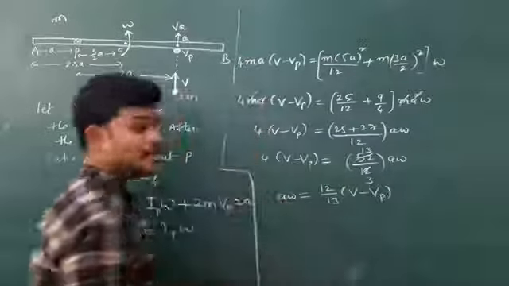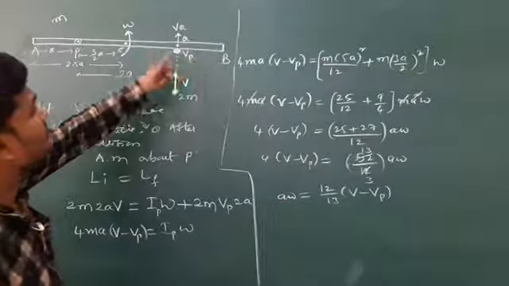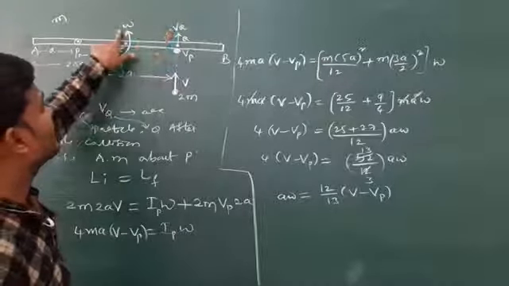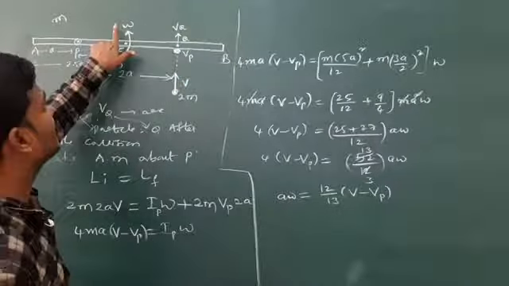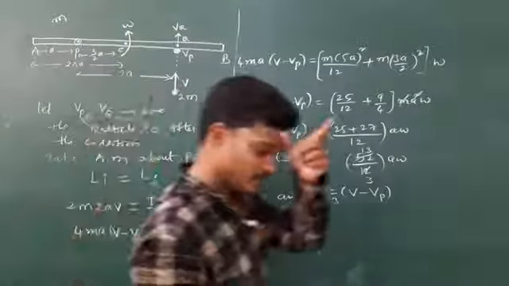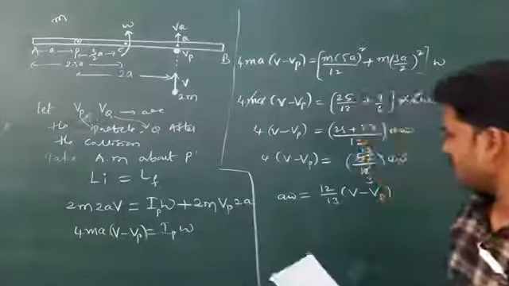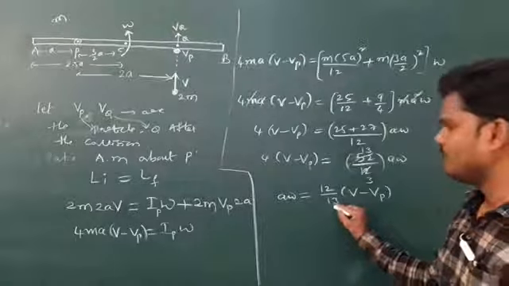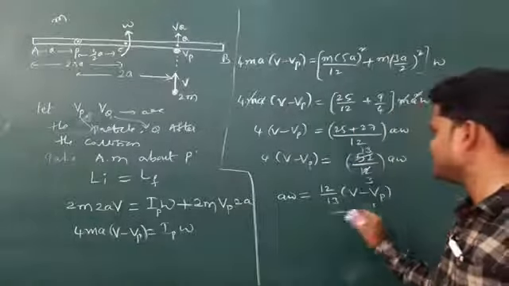Just I am getting a omega value, but our target is to find out, after the impact, Vp and omega, because after the impact the rod is not at rest. So if you find Vp and omega, then those are enough for our problem. So to get those values, I got a omega. Let us keep this as equation 1.